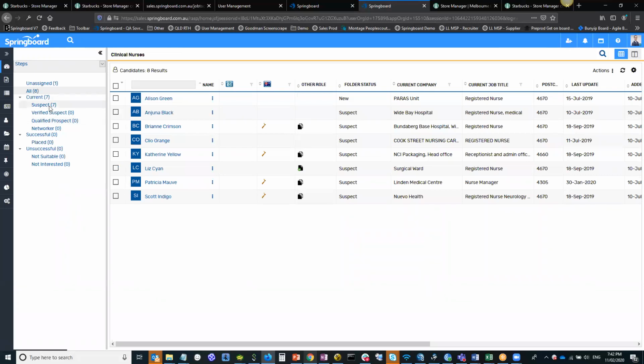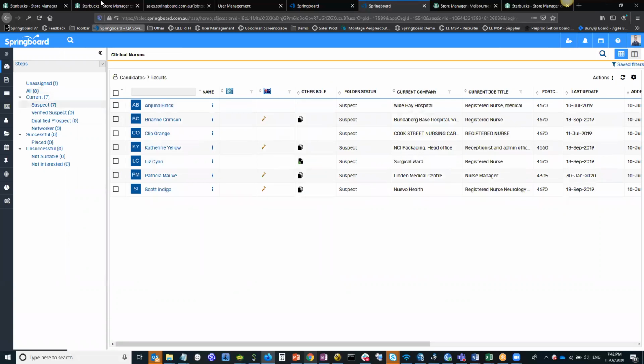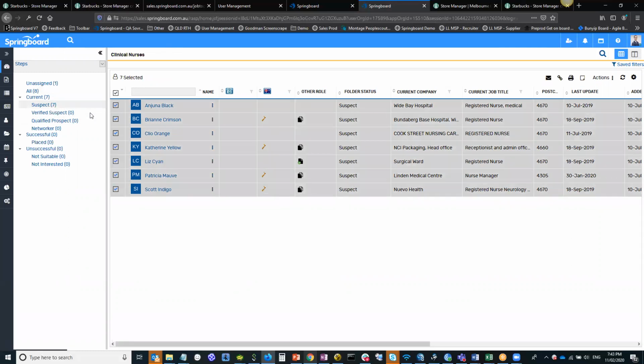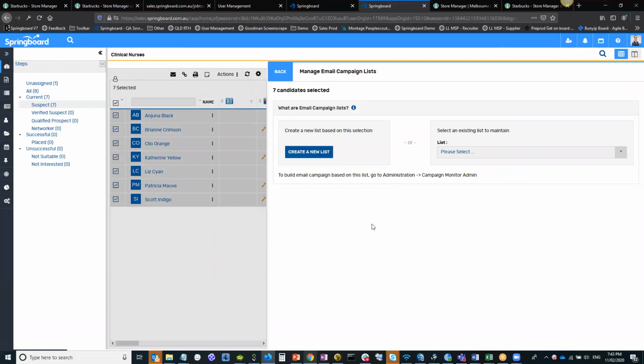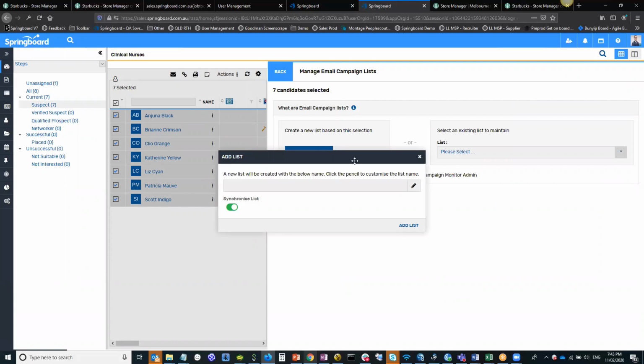If I wanted to engage with people that are in this talent community, so let's say that these 8 people have registered through one of our talent communities and have dropped into the system, I can right click on that talent community and say that I want to generate a campaign list based on anyone who's in this folder. So I've selected those 7 candidates, and I'm going to create a new list of clinical nurses in my